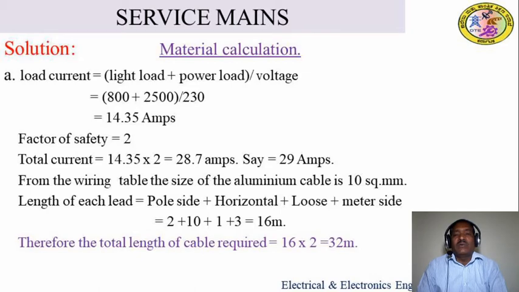The existing load of lighting load plus power load requires a current of 14.3 amps for the domestic supply at present. But in future, if the customer's load increases, then whatever the present current rating, if you put that service wire, the wire cannot withstand the future increase of load. When the load increases, the current also increases. We have already discussed that a conductor must carry continuous current without increasing the heat in the cable. Therefore we go to a higher rating.